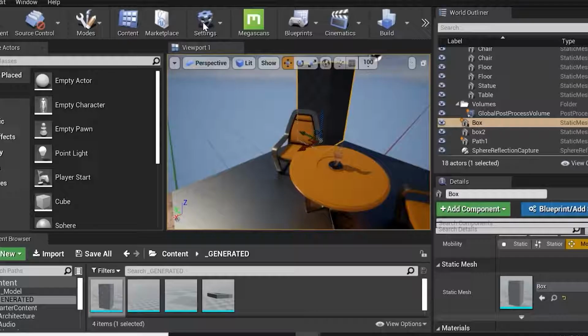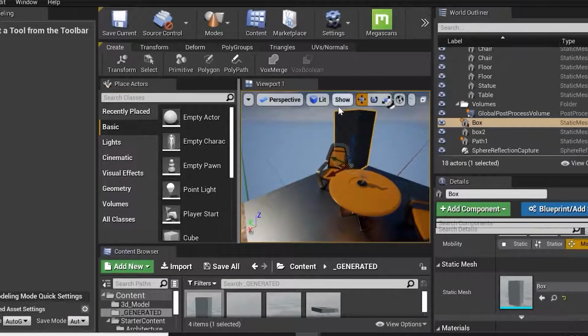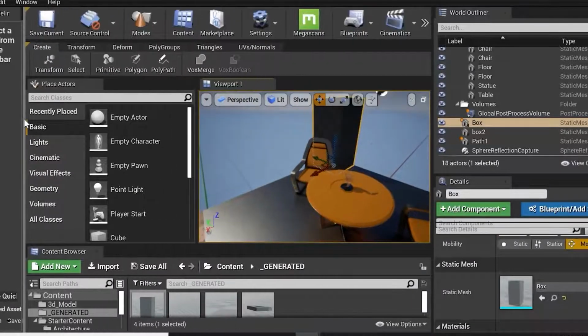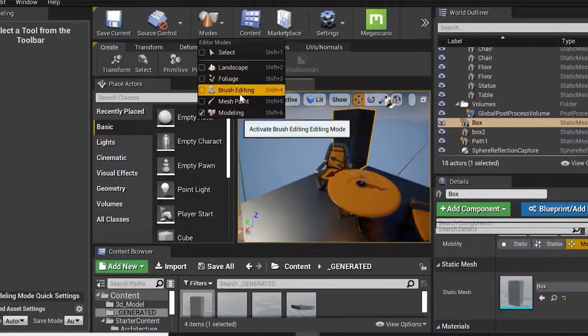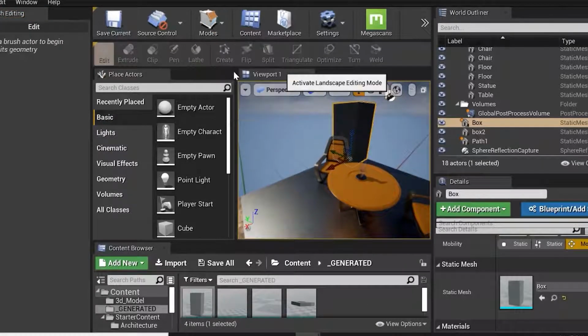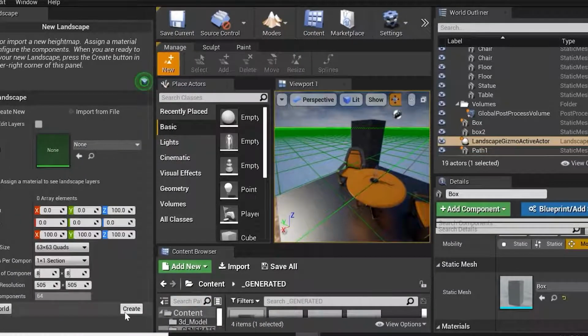Select and delete. Correct. So in the mode, we have the modeling options over here. Double click. We have brush settings, we have landscape. If we want to create the landscape, we need to click on create.